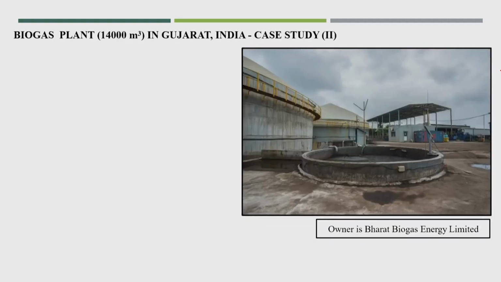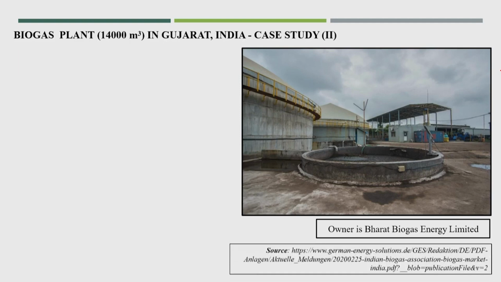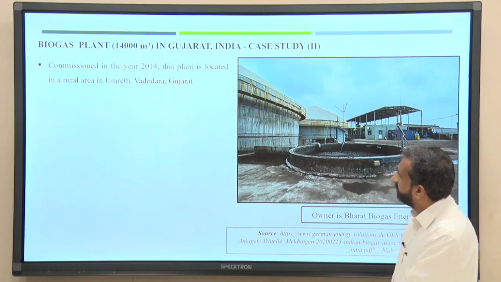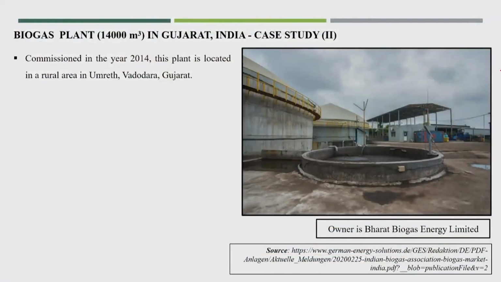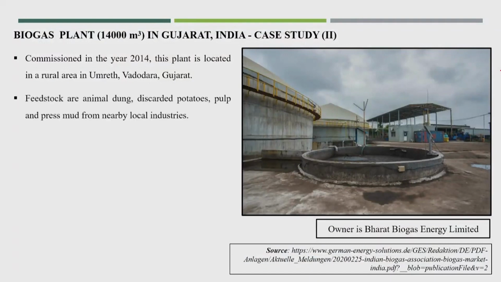Okay. Now, this is another biogas plant of 14,000 meter cube in Gujarat, India. The owner is Bharat Biogas Energy Limited. It was commissioned in the year 2014. This plant is located in the rural area in Umret, Vadodara, Gujarat. Feedstocks are animal dung, discarded potatoes, pulp and press mud from nearby local industries,